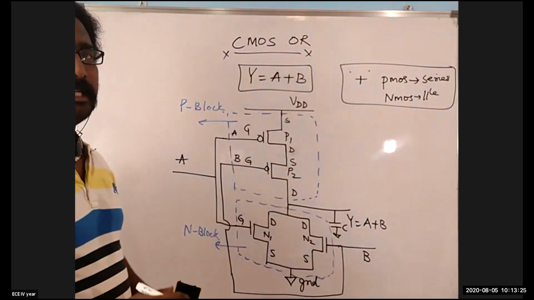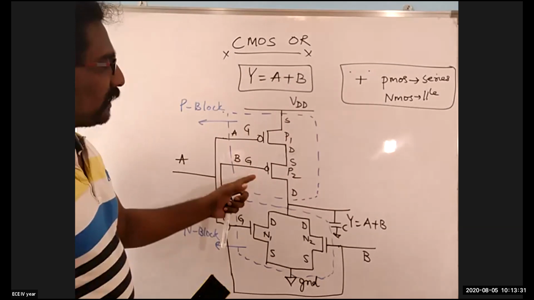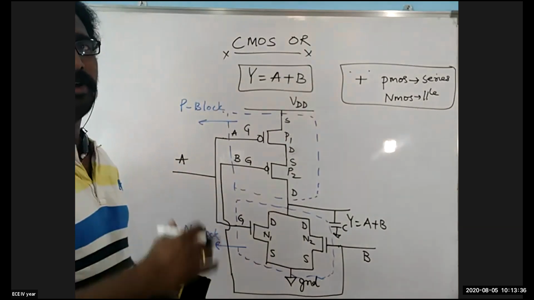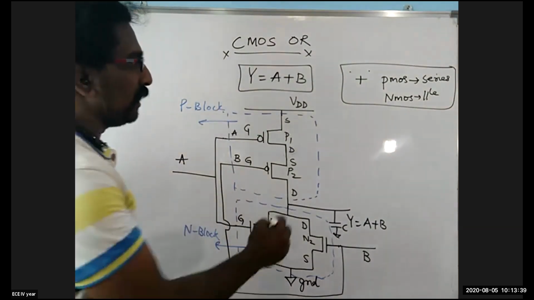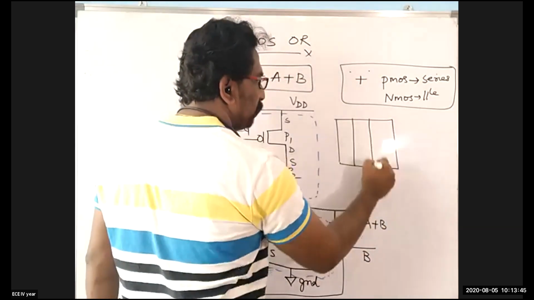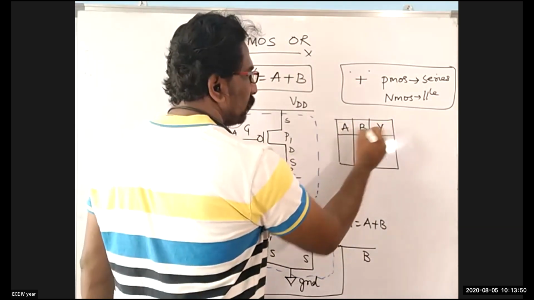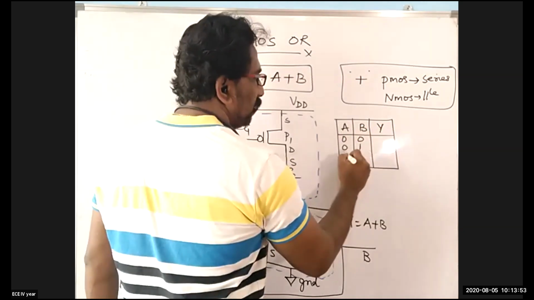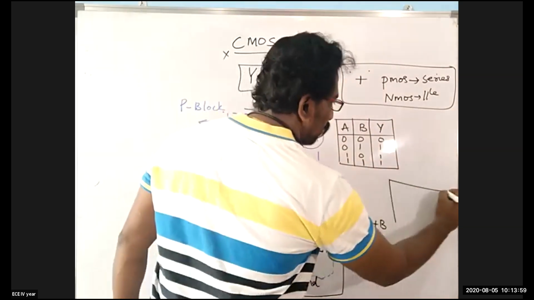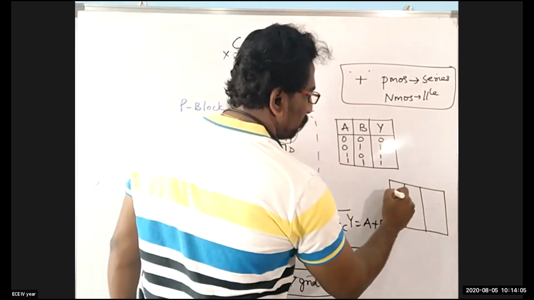Now we are supposed to validate whether the structure which you have drawn as per the Boolean equation is the exact structure for the CMOS OR gate or not. It's similar to whatever we have done in the case of the AND gate and NAND gate. So see now, I'm trying to make both the truth tables. The first one I'm drawing is the truth table of the logic OR gate: 0 0, 0 1, 1 0, and 1 1. The output will be 0, 1, 1, 1. And here I'm trying to draw the truth table for the CMOS structure. Let us see whether both the truth tables will be the same or not.